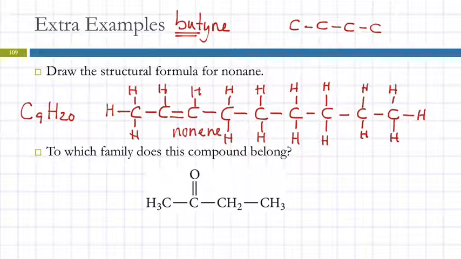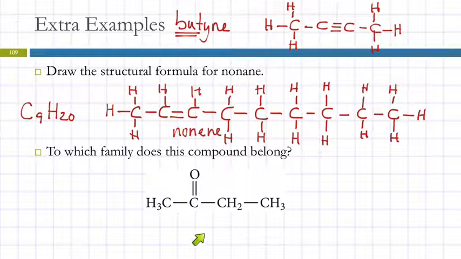So the ine tells us triple bond. So you could put the triple bond here, or you could put the triple bond between the first and the second carbon. It wouldn't matter to me. And then you fill in with hydrogens. So why are the carbons in the middle not getting any hydrogens? They already have 4 bonds. This carbon has this 3 in the triple bond and 1 single bond over here. There's no room for hydrogens on there.